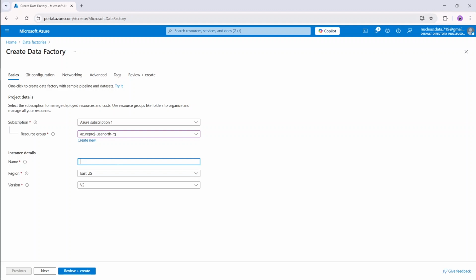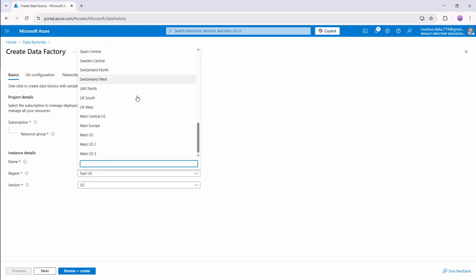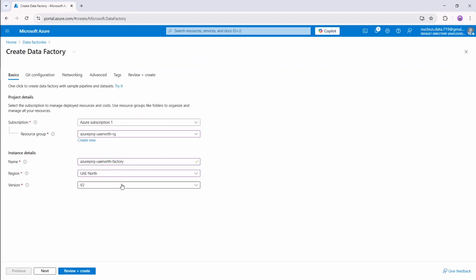And this will be Azure Project and UAE North, and sorry, DF for data factory, or you can simply do factory. Okay, and the region will be UAE North. Version will be V2